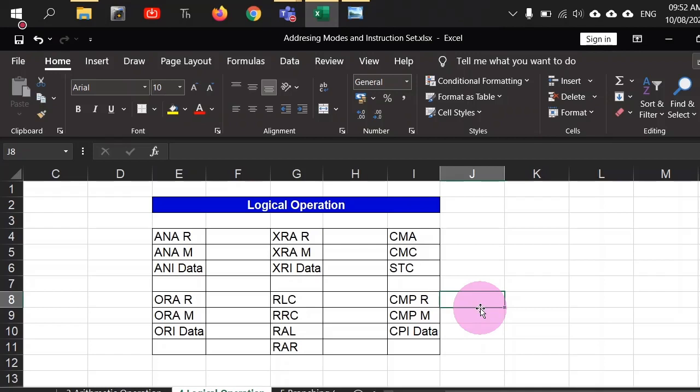If the sign flag is set, then you can say that a larger number was subtracted from a smaller number. If the zero flag is set, both of the numbers were equal. If the sign flag is not set, a smaller number was subtracted from a larger number, and so on. So you don't need to see the result. You only need to see the flag registers to guess the outcome of this subtraction command. Is it or is it not? Yes, sir. So that way this comparison operation will happen. CMP-R, CMP-M, and CPI compares the immediate data with the accumulator. Accumulator is the default register.